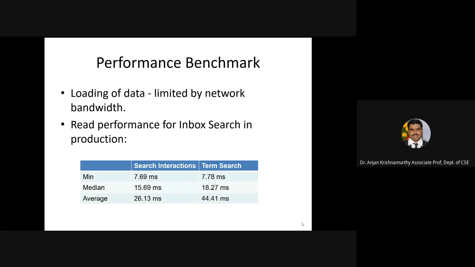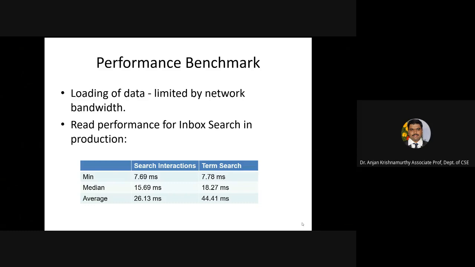You can see that the median, the average and the minimum time that is required for such interaction are 7.69 seconds, 15.69 milliseconds, and 26.13 seconds. So if it is a term search, right, it is 7.78, 18.27, 44.14 are the search related times that are required, right?